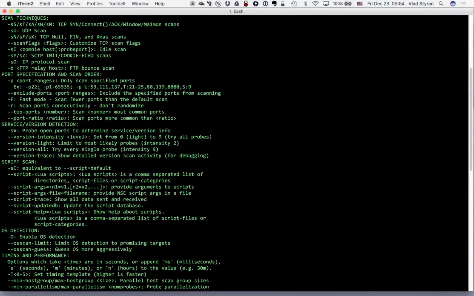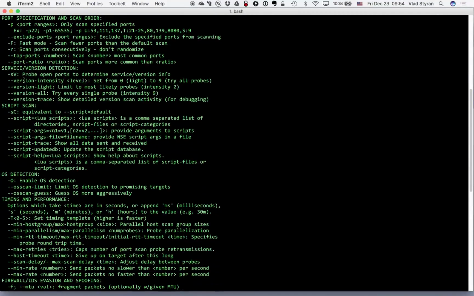So let's focus on what you can do in order to specify UDP and TCP scan modes, and skip to port specification. Here you can just do -p and give it port ranges. What does port ranges mean? You can give one port. The space between this switch and the port number doesn't really matter. You can do ranges, yeah, you can do 1 to